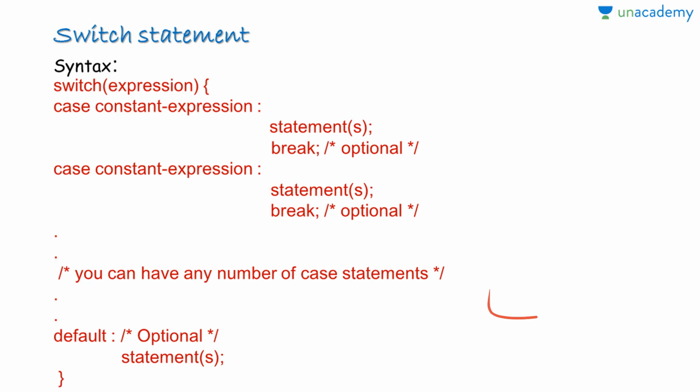In this case, we'll be using an optional default case. A switch statement can have an optional default case which must appear at the end of the switch. The default case can be used for performing a task when none of the cases is true. So no break is needed in the default case. If none of the cases satisfy and no constant expression is equal to the switch expression, then we move on to the default case and execute the statements in the default condition.